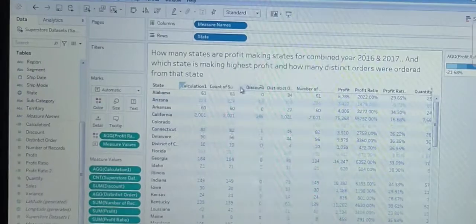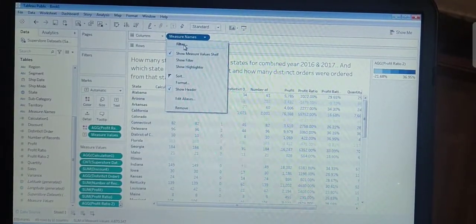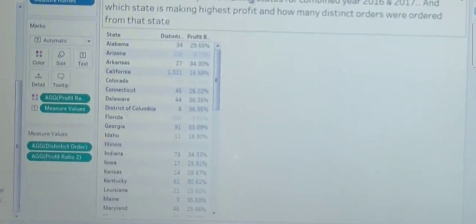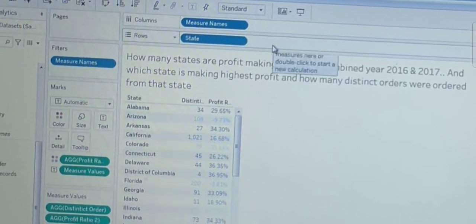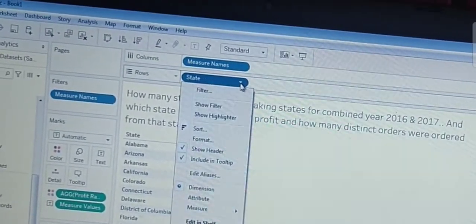Now we have all the fields here, so we need to select only profit ratio from the filter. Click none, and first select distinct order and then profit ratio, then click OK. Also we need to find the maximum profit, so we just need to sort the data.